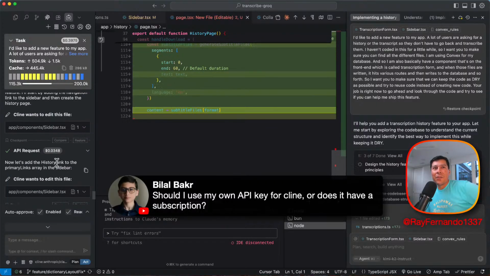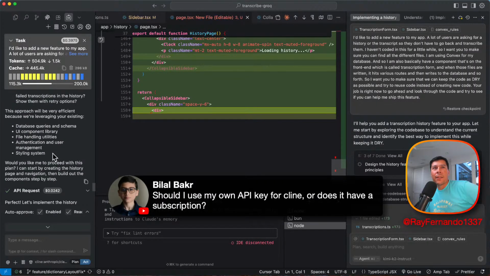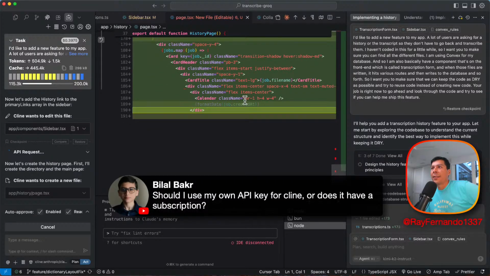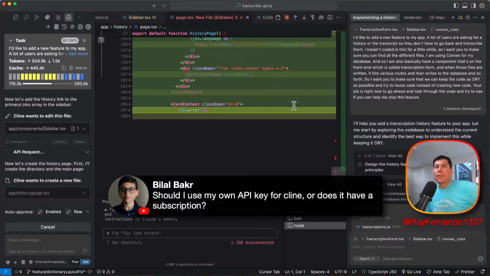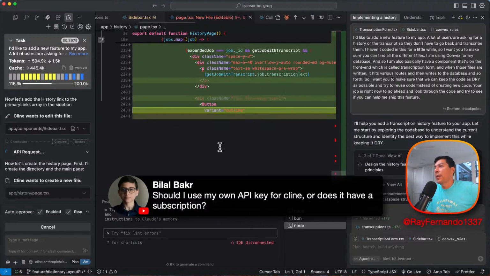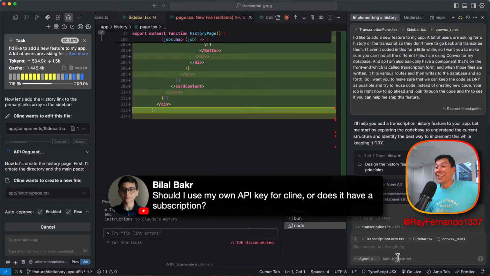So let's see. Does it show us the cost? Yeah, to put in this code is 3 cents, 2 cents. And then the total. Okay, so the total cost for this has only been 39 cents. Yeah, that's pretty chill. I mean, this could have been dollars, like $3 or something like that in Claude Sonnet. Damn, this is cooking. I love this.